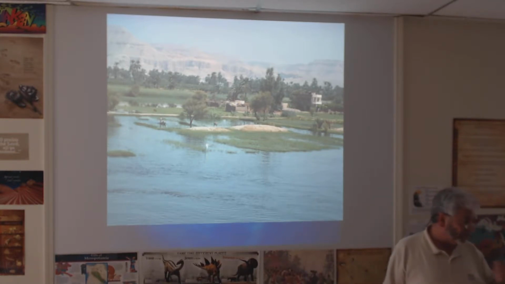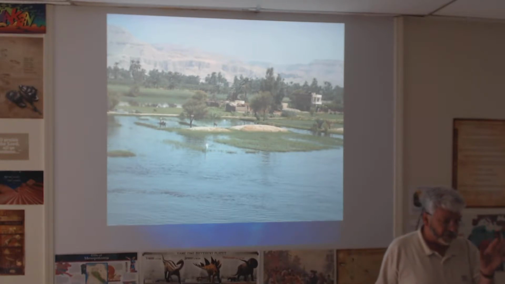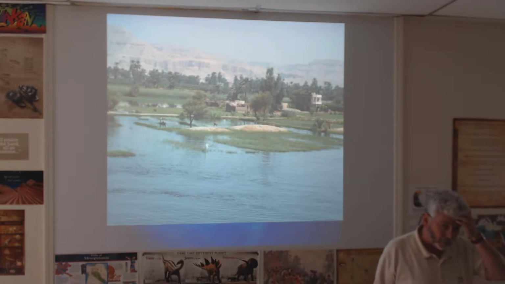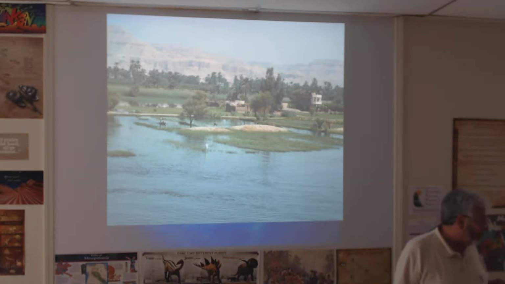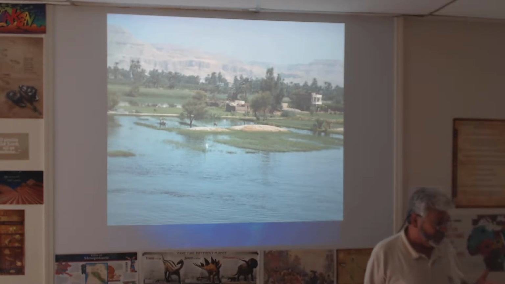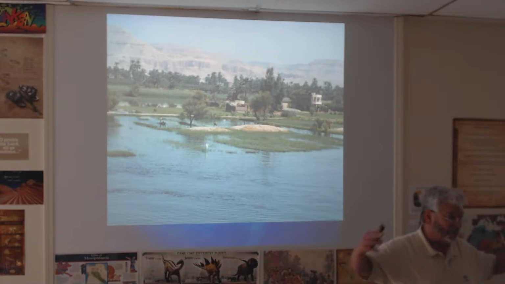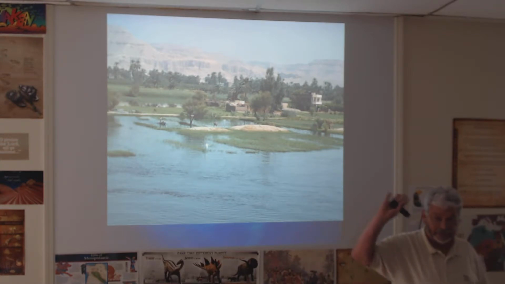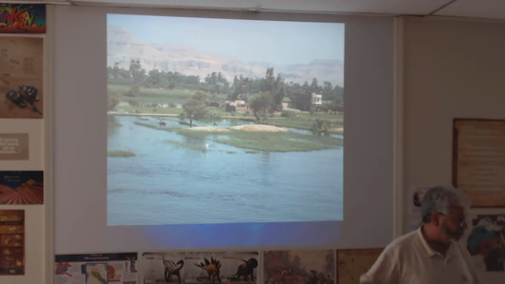I don't know if you ever looked at a picture of Egypt and seen the Nile, you'll see it's sort of green all along the Nile River. I don't know what I used to think about that, but I guess I thought it couldn't really be that way, but it really is that way. It is green right along the Nile, and as soon as you get, sometimes a matter of 50 yards, sometimes maybe a mile, it's not green anymore. It's only green right along there.